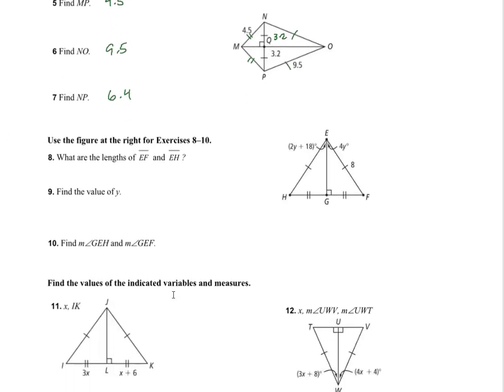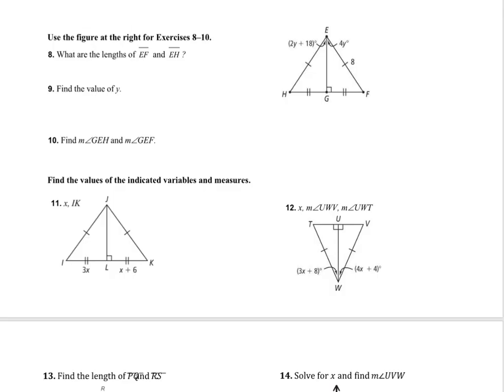Let's look at the next figure. We're going to find EF and EH. Since E is on the perpendicular bisector, those distances are the same, and they're both going to be 8. To find the value of y, we can set 2y plus 18 equal to 4y, so 2y is equal to 18, and y is actually equal to 9,